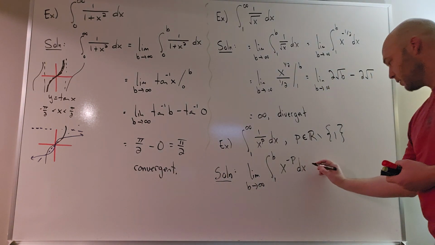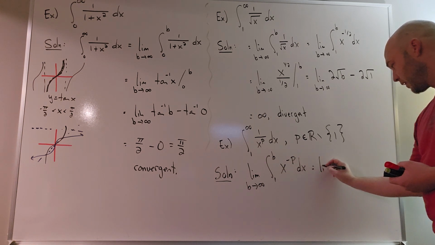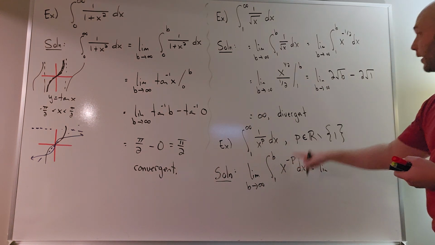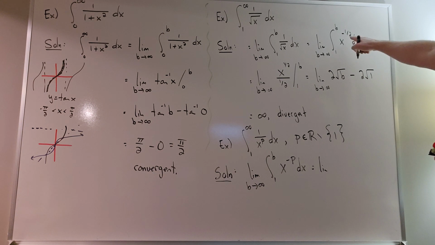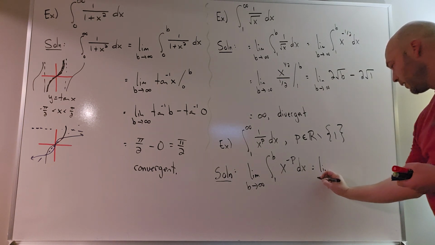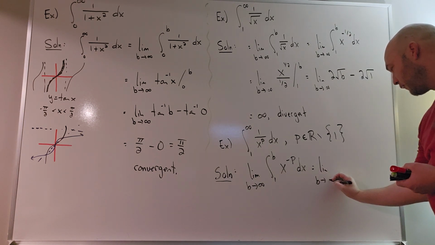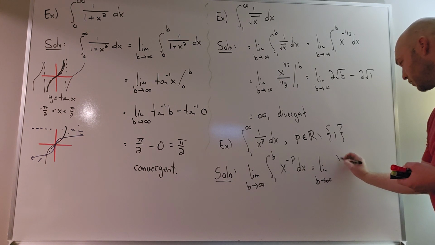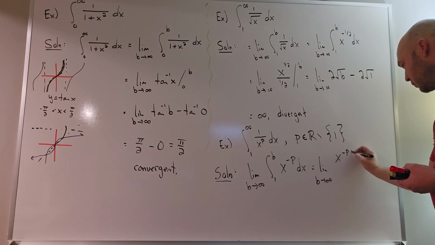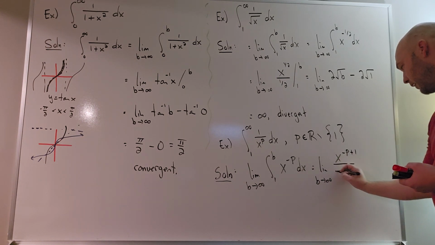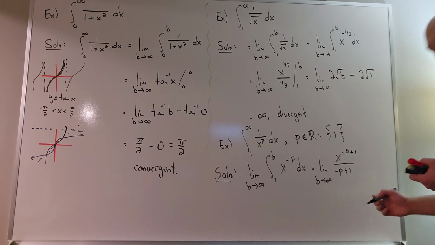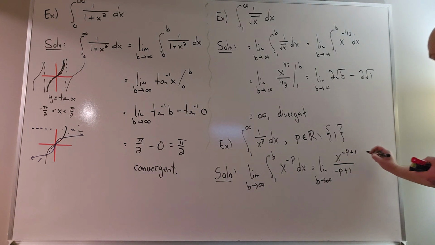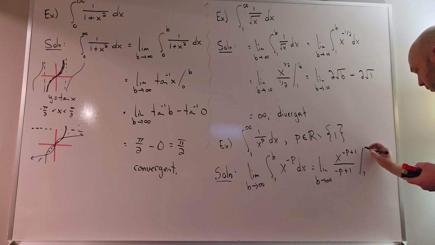Same computation as above, we're just now using a generic exponent as opposed to the fixed negative one half. This would be the limit as b approaches infinity of x to the negative p plus 1 divided by negative p plus 1. So I divide by the increased exponent. Evaluate that from 1 to b,